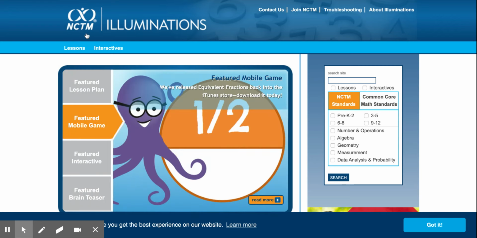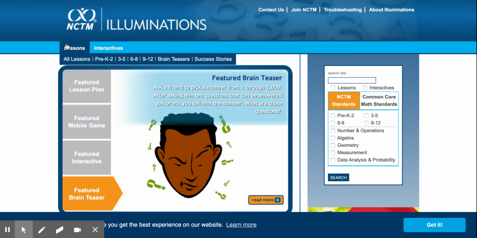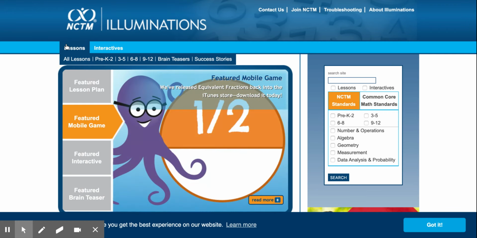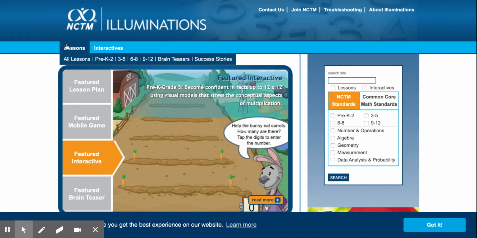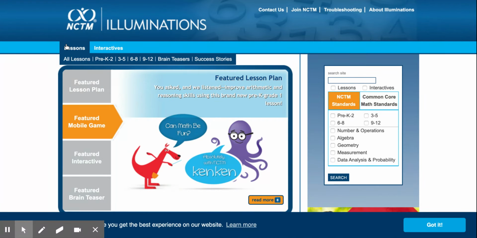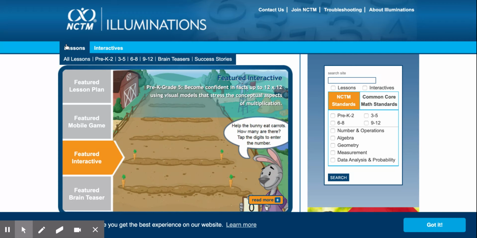If we start to look into the lessons and interactives, you can go over to these tabs. Under the lessons, you see that you can choose all lessons, which will bring you to a list of all the lesson plans that they provide, as well as choosing options based on grade level. They also offer brain teasers and a link to success stories where users have described what they have found successful